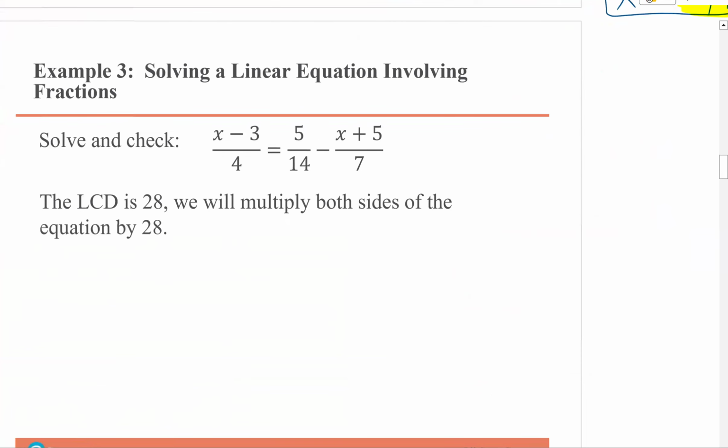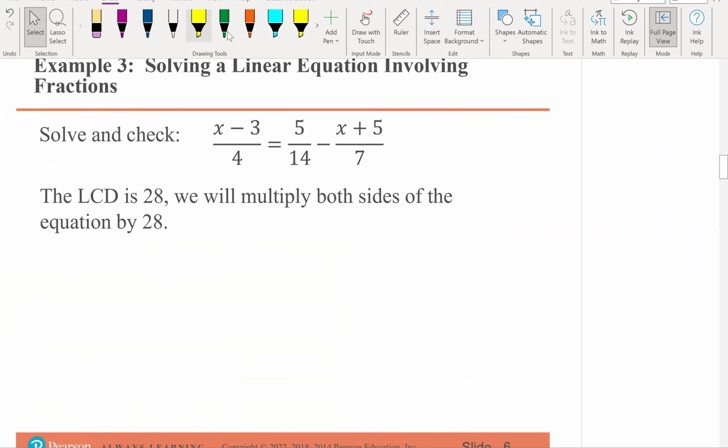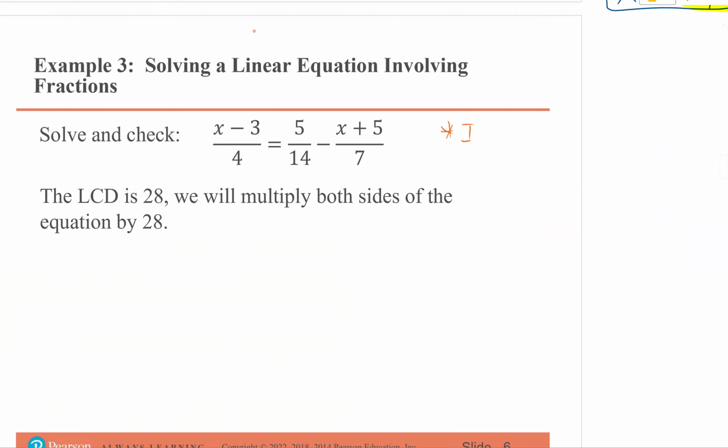And this example down here, example 3, is about solving an equation involving fractions. It looks scary, and it would be complicated if you didn't know the easier way to do it. But what we want to do is, let me write a little note here. If you have fractions, especially plural, like more than one fraction, or even one is fine, in your equations,